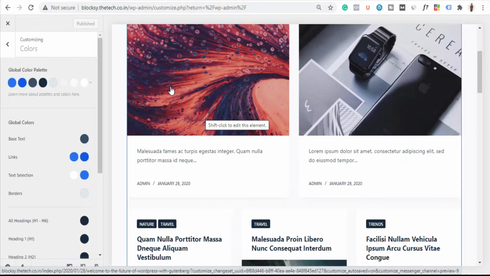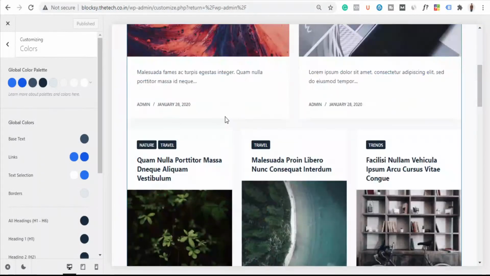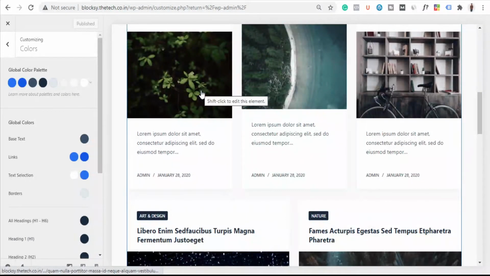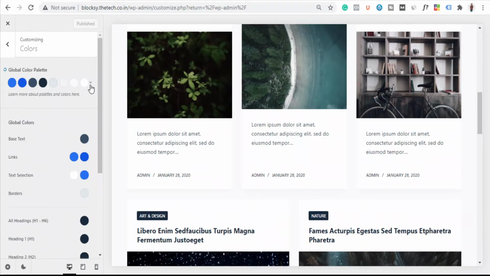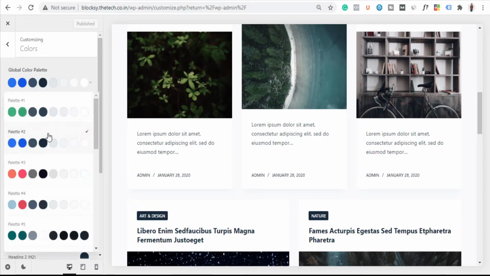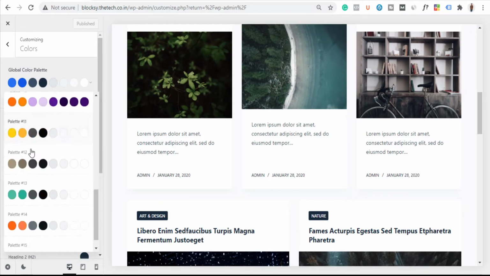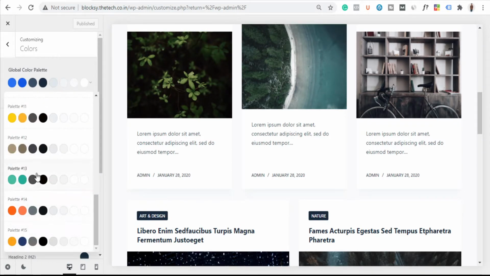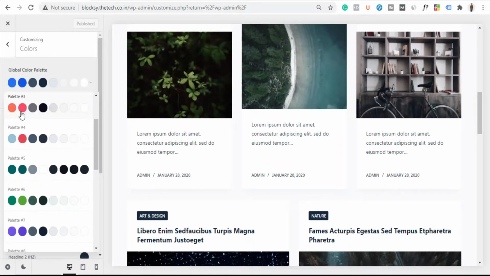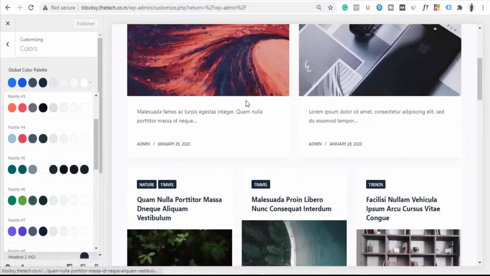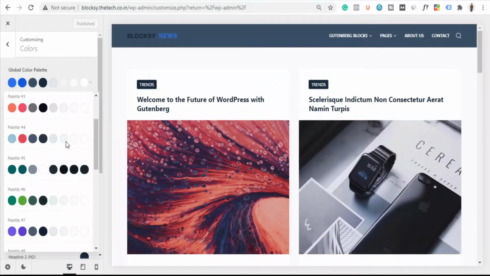If you want to change any color, you can definitely go inside any post or any particular section and change it individually, or from here you can change it globally. For example, if I click here, you can see Blocksy by default gives around 15 color palettes, which means that if you choose a different one, the whole color of your site will change.